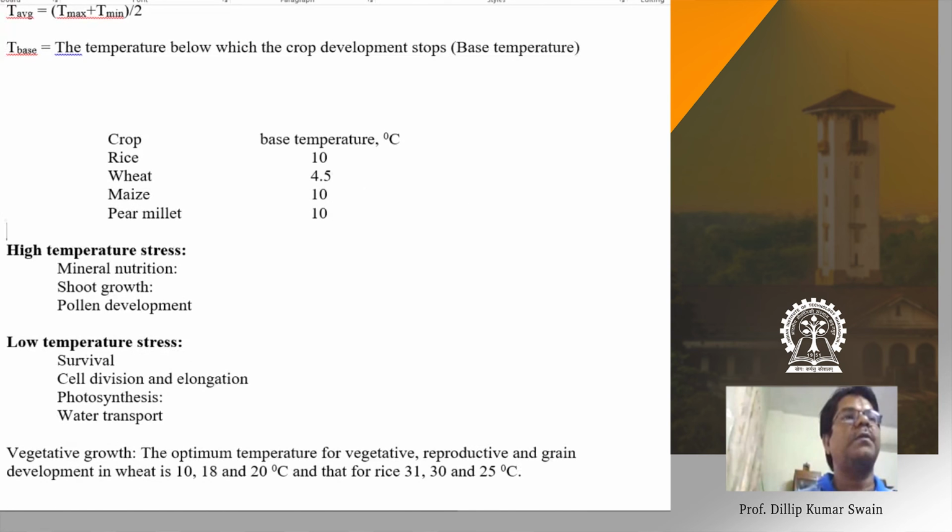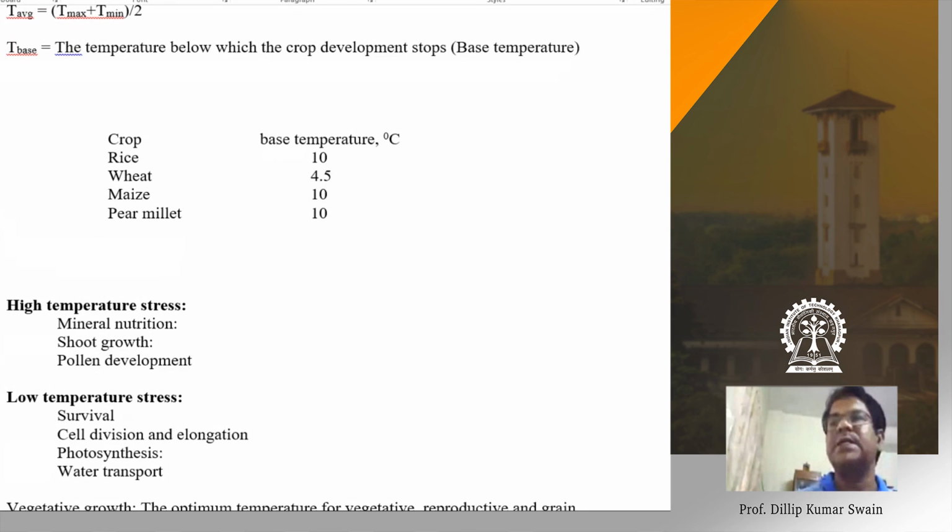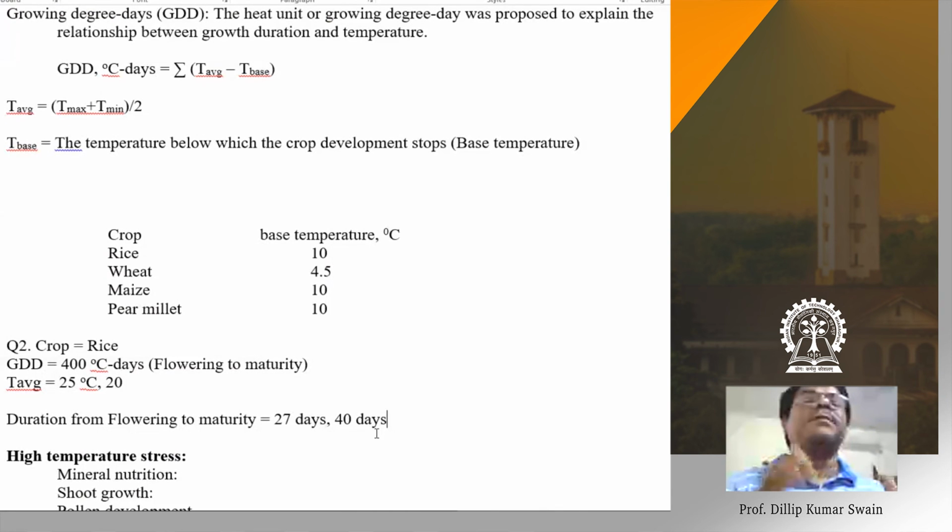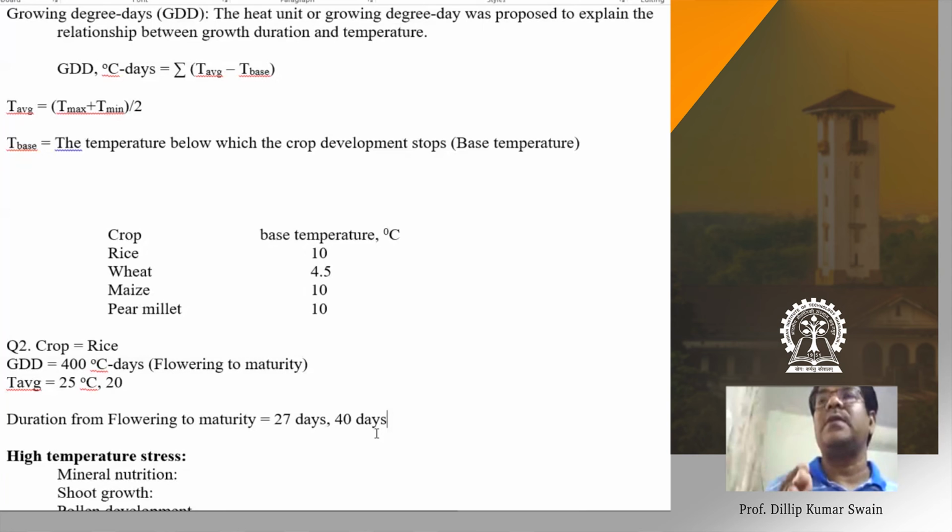Suppose again for the crop rice, if you have the optimum temperature, then efficiency is 1. For temperature beyond the optimum, either higher or lower, efficiency comes to less than 1. At the optimum temperature the factor becomes 1, and your production, the yield, becomes maximum. If the temperature is below the optimum or higher than the optimum, then efficiency becomes less than 1 in both cases. So there is yield reduction, whether it is a low temperature or a very high temperature. That is the point.